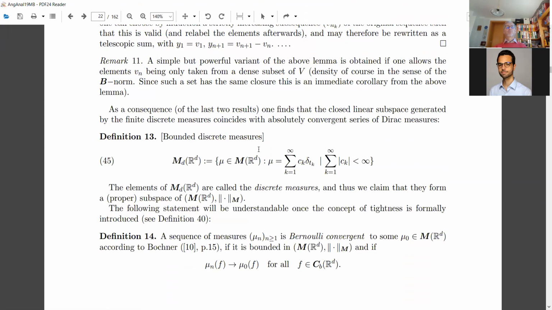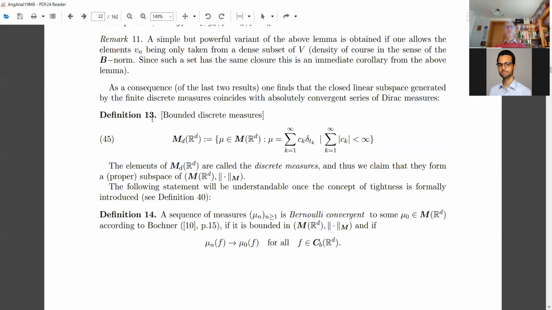So maybe I'm jumping to definition 3. You can even take it as a definition. What is a bounded discrete measure? You can define it in this way, it's just the infinite sum, but with finite total mass. And because every such thing can be represented again in the natural fashion, meaning with coefficients which are only one, with points appearing only once, then you can have a unique representation. That's exactly the norm. So it's kind of clear, well, if you take limits of finite sums,